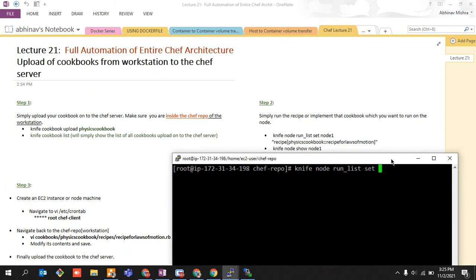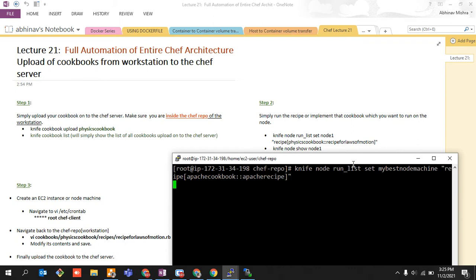Run list, set my best node machine, space, do this, and then recipe, and then you need to write something. You have to define your name of cookbook, that is Apache cookbook, and the name of your recipe, that is Apache recipe, right?